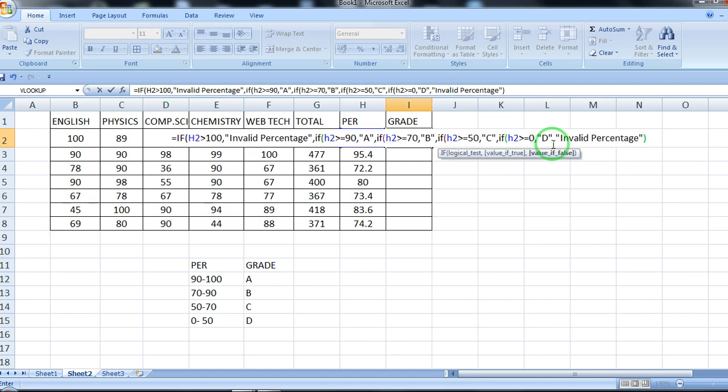Now you will close all the brackets. First close this bracket, then this one, then this, then this, and then this. So 1, 2, 3, 4, 5 brackets are there, and you have to close all 5 brackets.